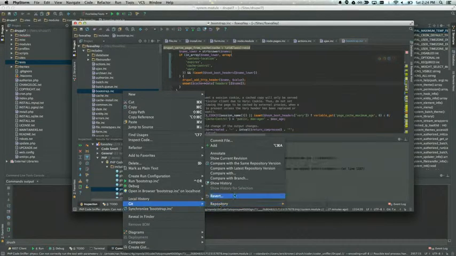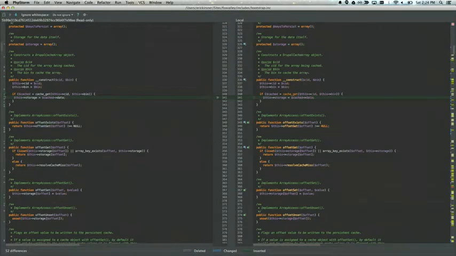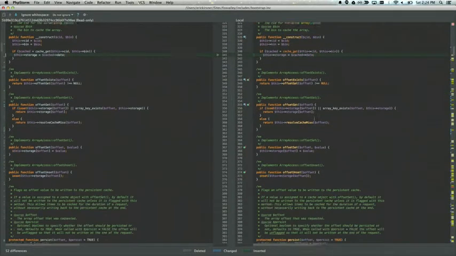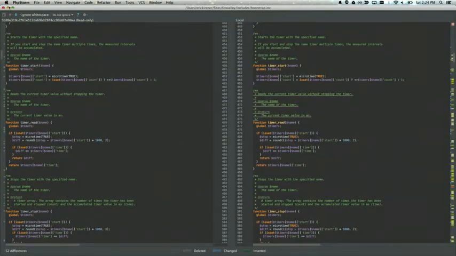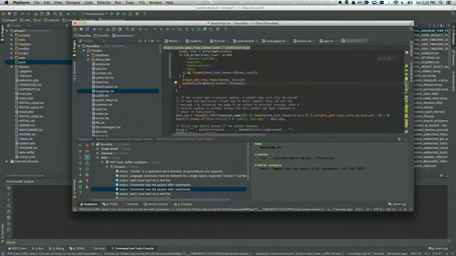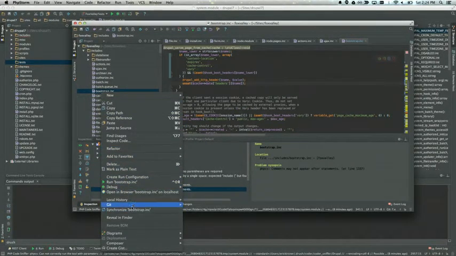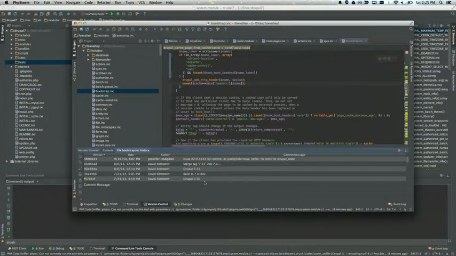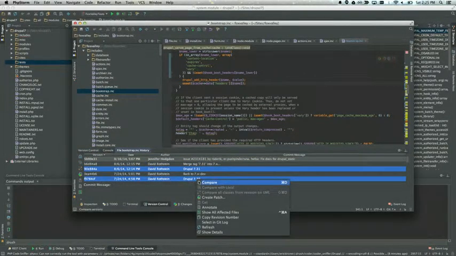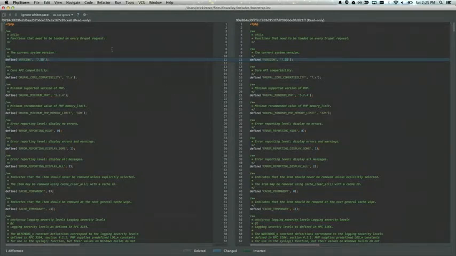And then where I use Git, I could compare this with the latest repository branch to see all of the changes with this nice comparison tool. And I could revert them if I want. There's also, I could compare with a different branch. Show the history is a feature I use a lot. It shows how this has changed. And then I could compare, say, 731 to 730. What's different there? Click on Compare, and it shows me the differences.